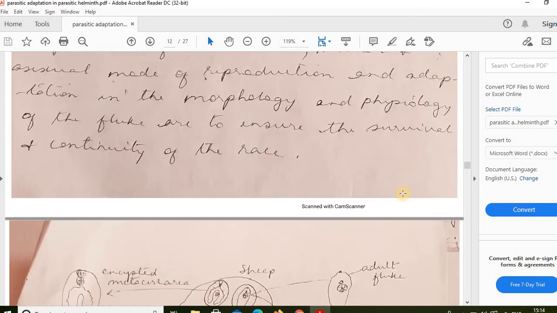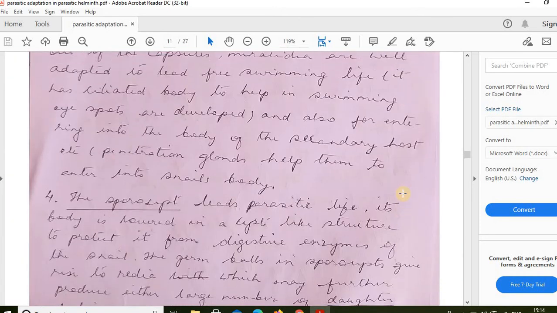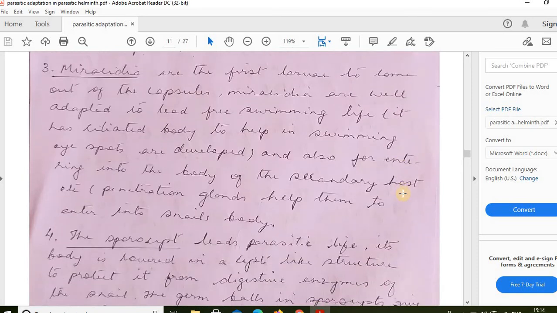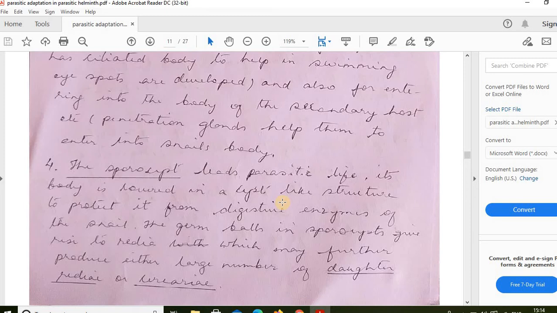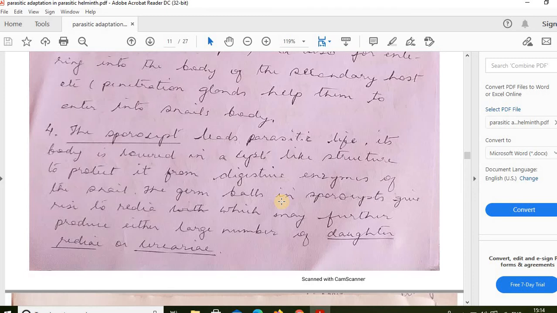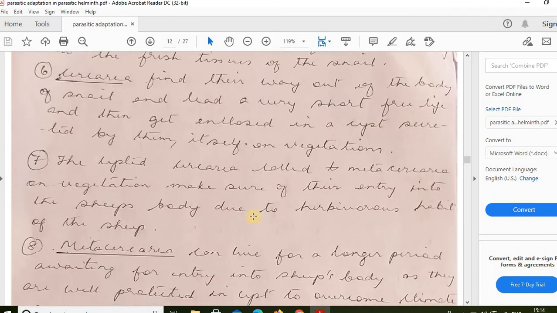So this process leads to a parasitic life. The body is covered in a cell-like structure to protect it from the digestive gland of the snail. So this germ ball in the sporocyst gives rise to redia, which may further produce a large number of daughter redia or cercaria. So you'll see here,